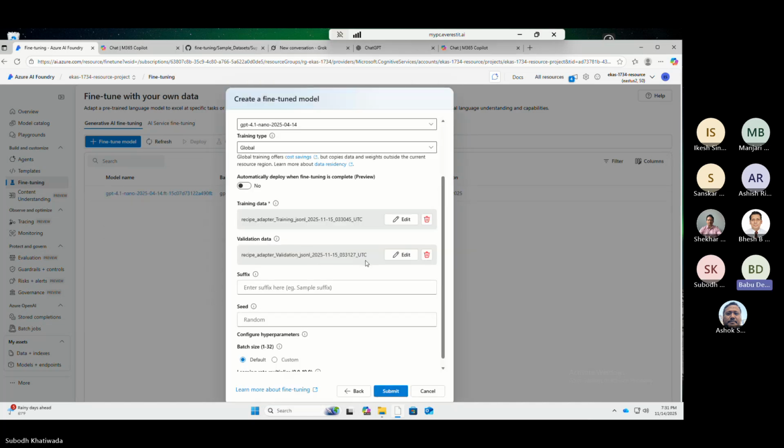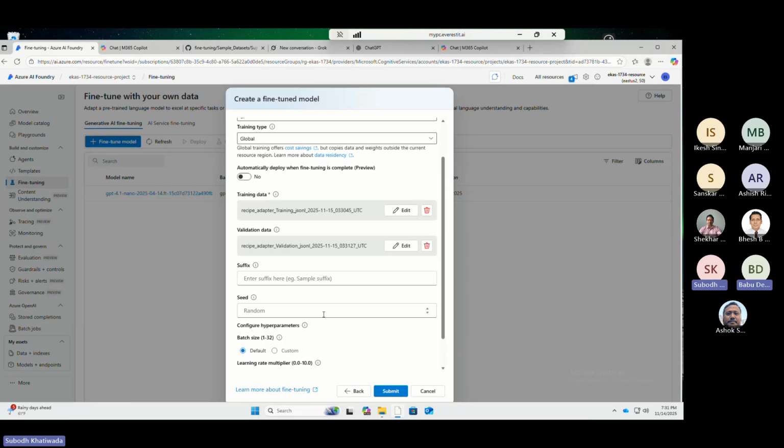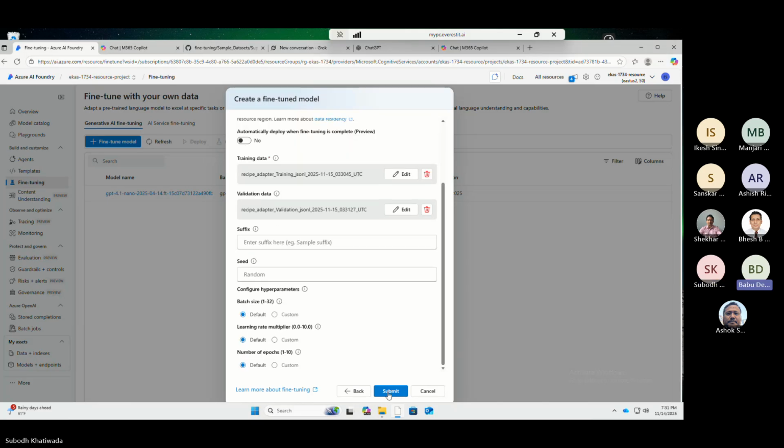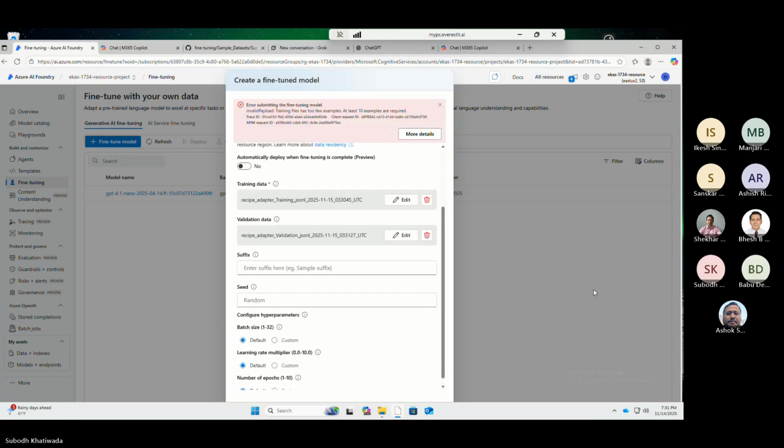ल अब यति भएपछि तपाईँको रन अरू क्युमा केही चेन्ज गर्नु पर्दैन खासै। सबमिट गरिदियो नि त, गरौँ। के चाहिँ भयो, इनभ्यालिड ट्रेनिङ फाइल हेज टु फ्यु इक्जाम्पल्स, एटलिस्ट 10 इक्जाम्पल्स आर रिक्वायर्ड। डेटा चाहिँ एकदम सानो रहेछ नि त, 10 भन्दा सानो रहेछ।